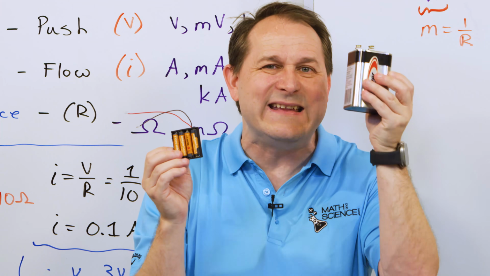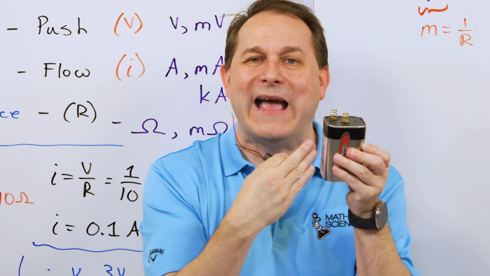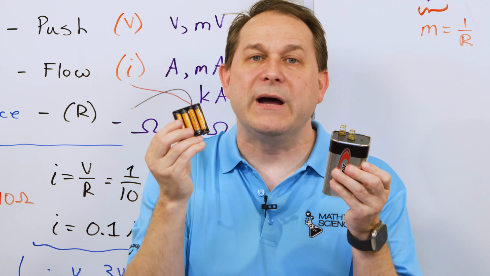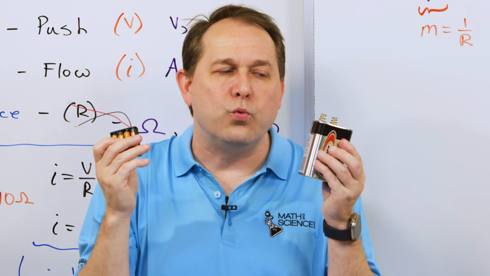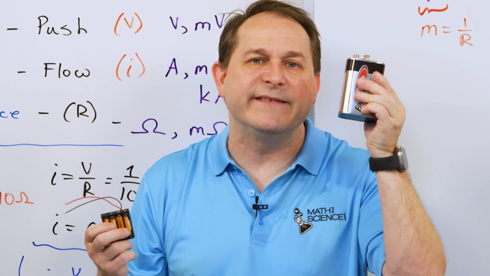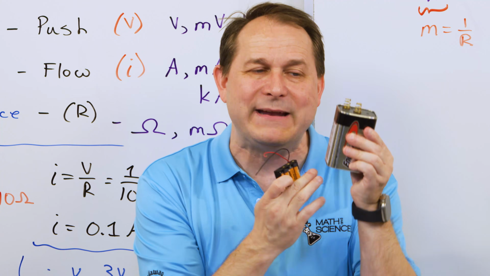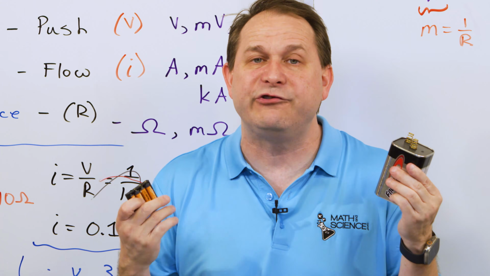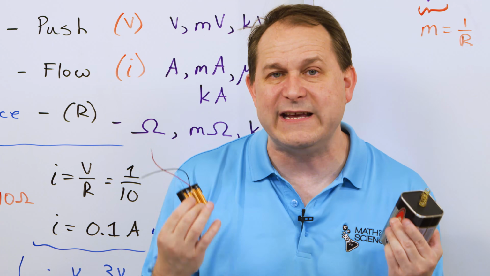The main difference is that inside of here, there's a large surface area of contact area for the chemical reaction to take place. Inside of here, it's constructed in the same way, or in a similar way, but there's a much smaller amount of surface area for this chemical reaction to happen. So we're going to learn that electric current is the flow of electrons per second. Because inside of this thing, there's a large surface area for a large amount of the chemical reaction to happen, it can physically supply the amount of electrons that Ohm's law says should come out of it. But in here, there is not a large enough surface area to physically produce the amount of electrons that Ohm's